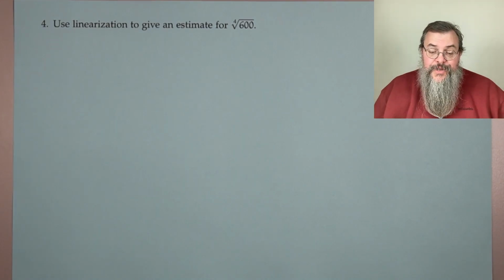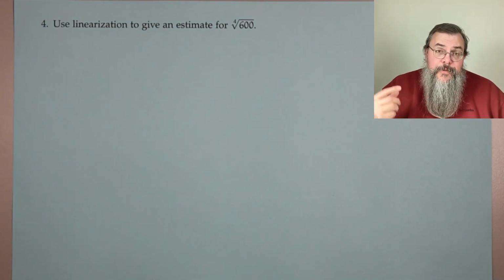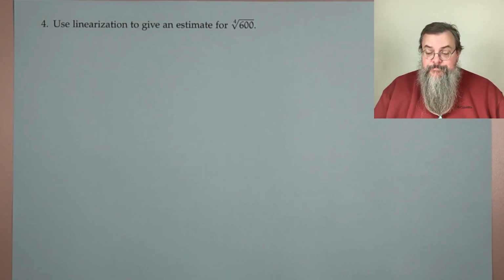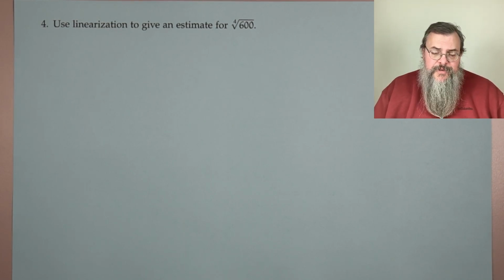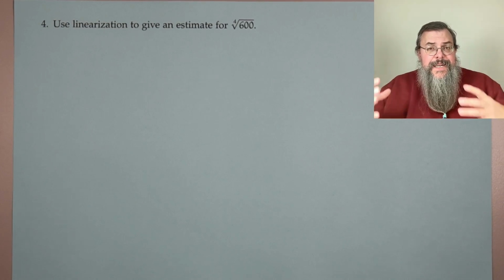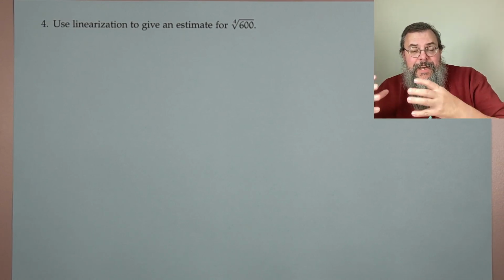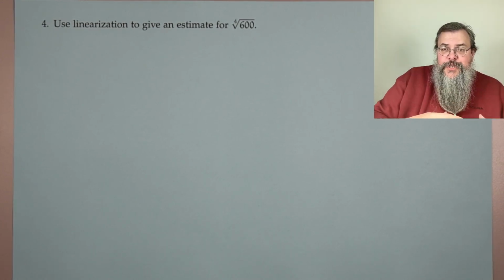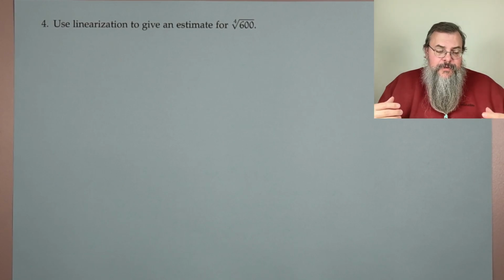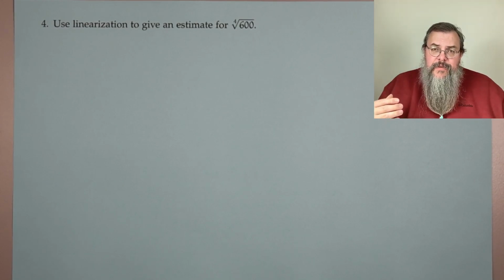Use linearization to give an estimate for the fourth root of 600. All right. Well, let's think about how we can approach this. So we need to have a function, and we need to have a place on that function where we're trying to do linearization. And so we look at this particular thing and we say, okay, we have the fourth root